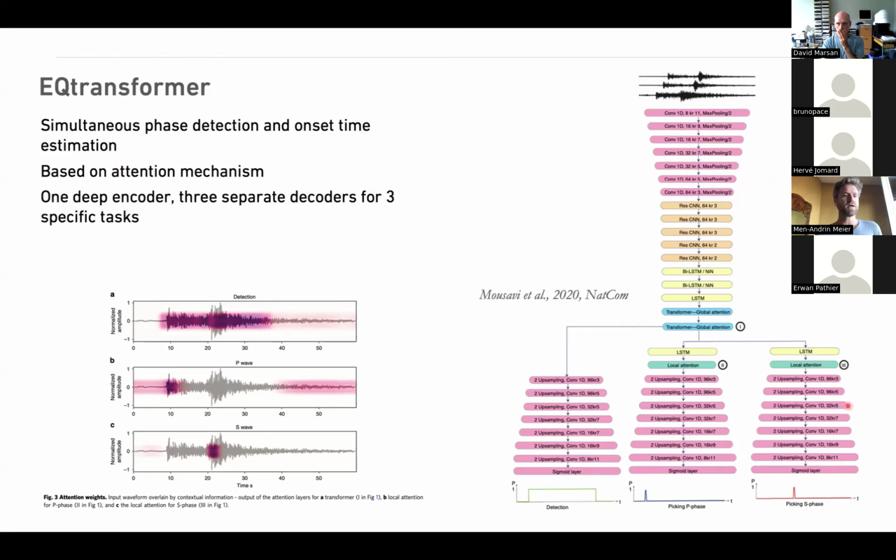So it's sort of a multitask model that first has an encoding part and then splits it up into 3 different tasks. But what makes it a transformer is the self-attention mechanism, which is a way for the network to learn where it needs to pay attention, so that when it wants to say where's the P wave pick, it has learned that it needs to focus on this part of the signal, whereas when the task is the S wave picking, then it knows it needs to